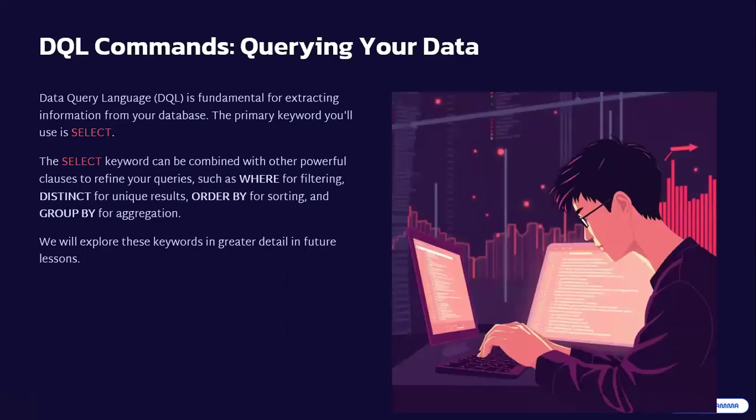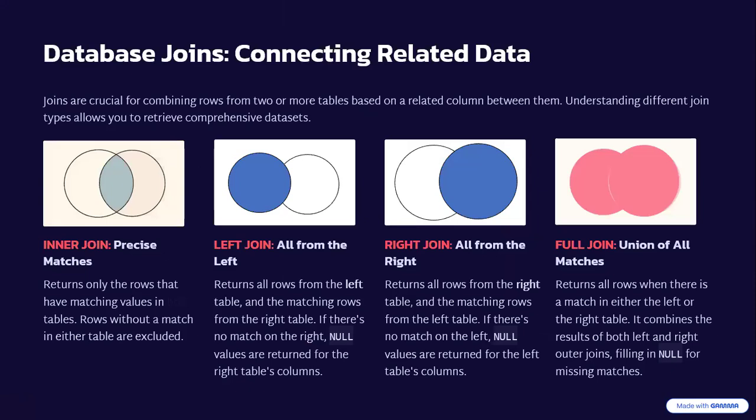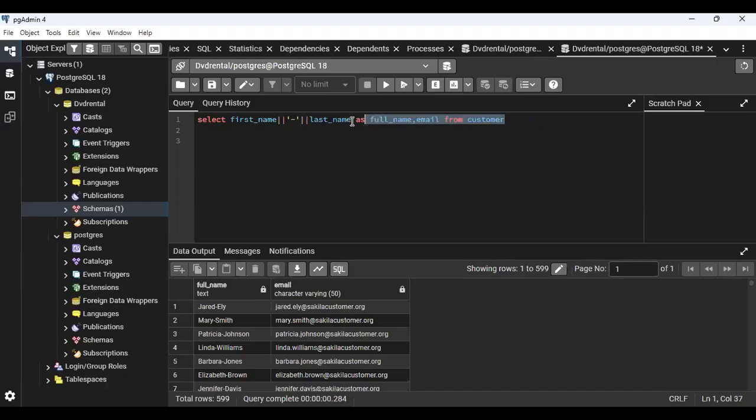So now the next thing we want to try is operators, which are arithmetic, comparison, logical, aggregate, special, and keywords. So we want to use them in the SQL. We want to show how they can be used to work. And then we have this, which is the last part of the class, which we're going to be getting into today. So let's deal with this. So coming back here, now let's do simple arithmetic. So select 12,